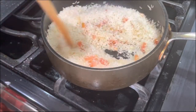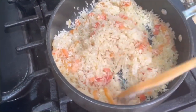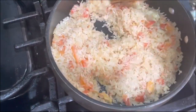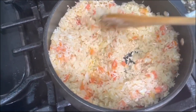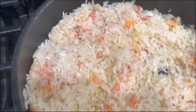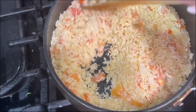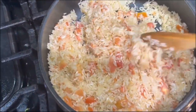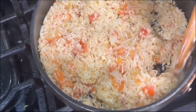Add your rice, incorporate it with the onion and the tomato. Cook it for about 3 minutes, making sure that you're moving it around so it's getting cooked from all the sides and it's really absorbing the tomato, onion and garlic flavors. Look at this. Like I said, move it around for just a couple minutes. Once this is done, then you are going to add